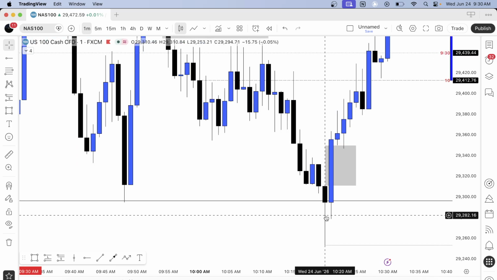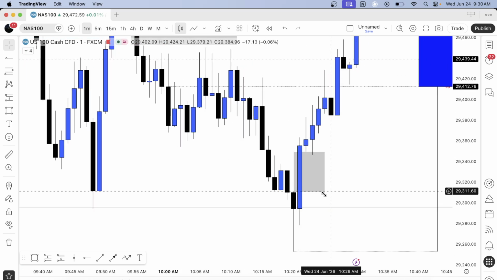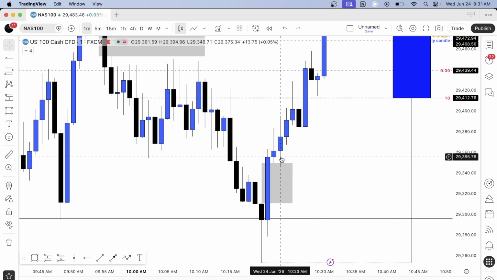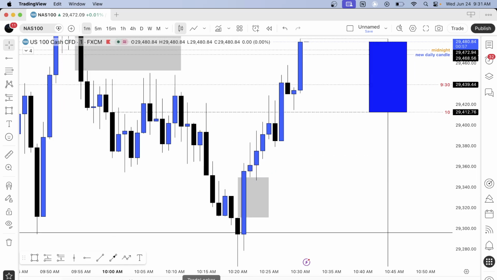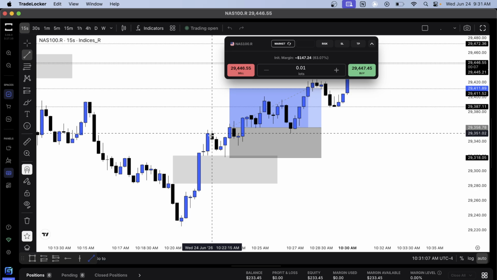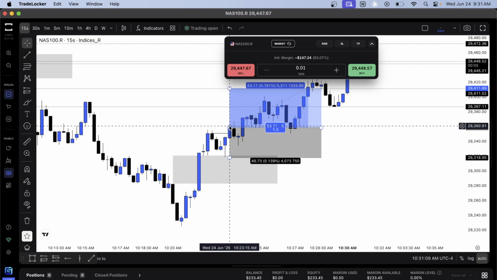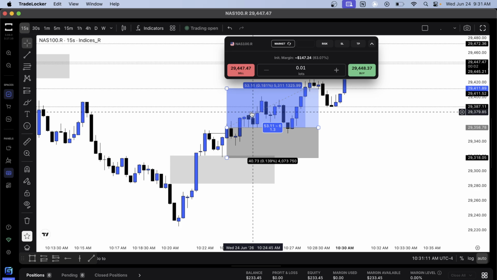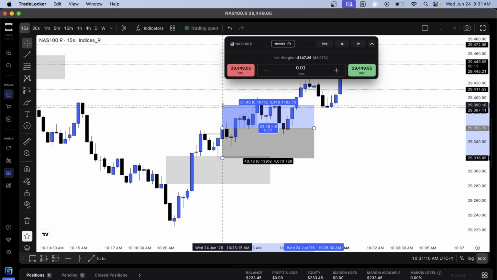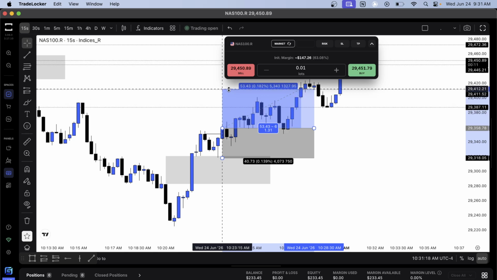So we reswept these lows at 10:20, and we had some displacement creating a bullish fair value gap. Price ended up tapping into it, and here's your change in the state of delivery, entered on this candle, and you would target the second level because the closest level would not offer you a one-to-one.